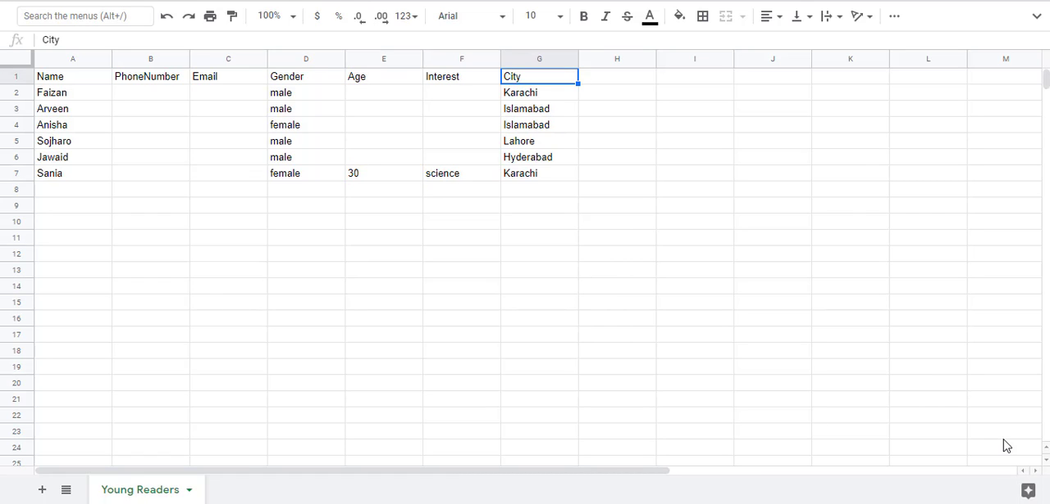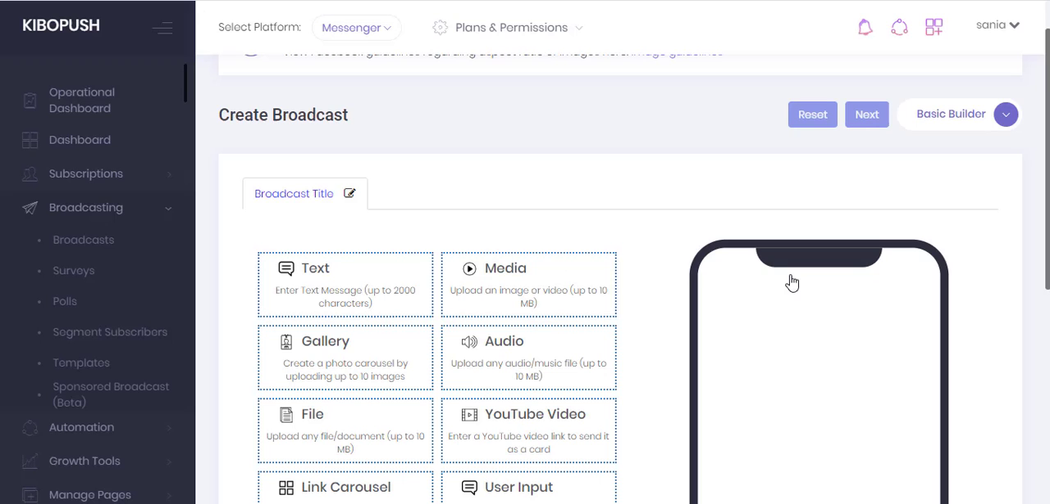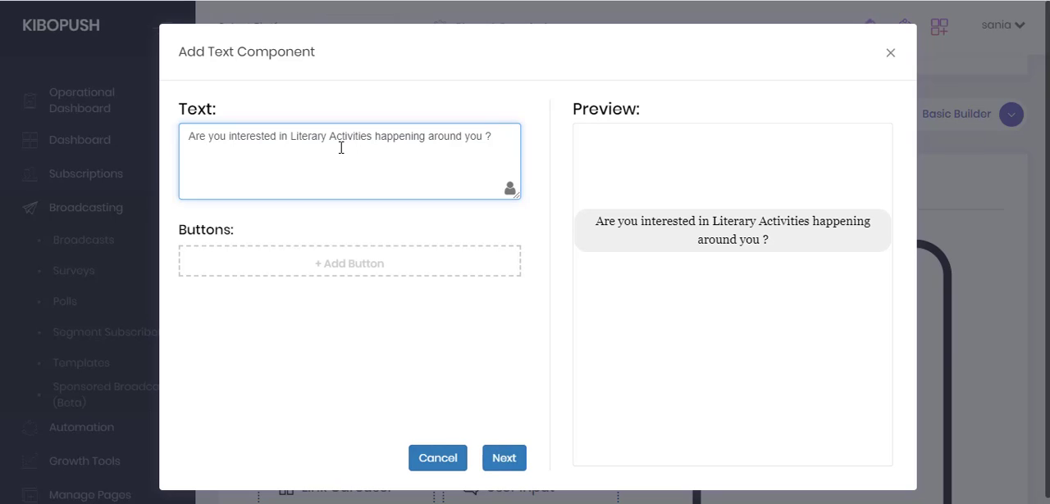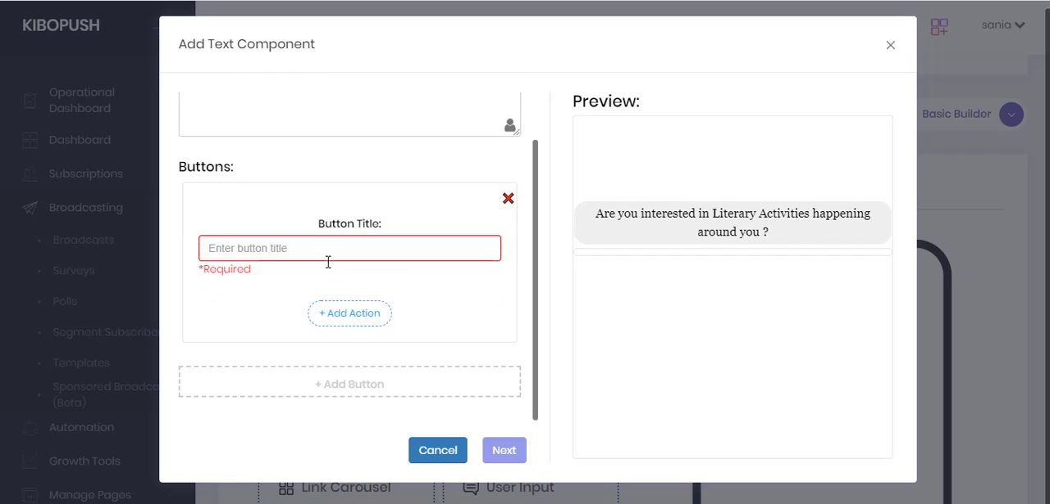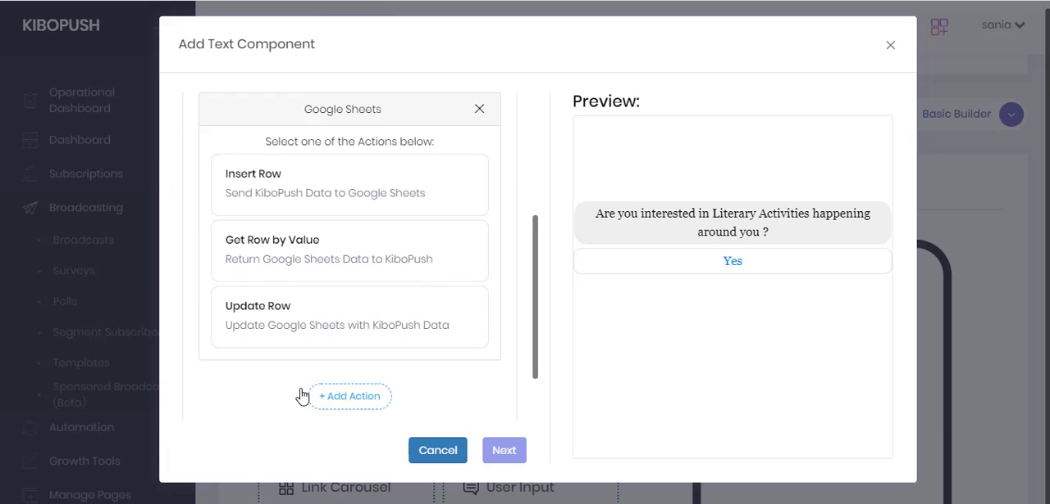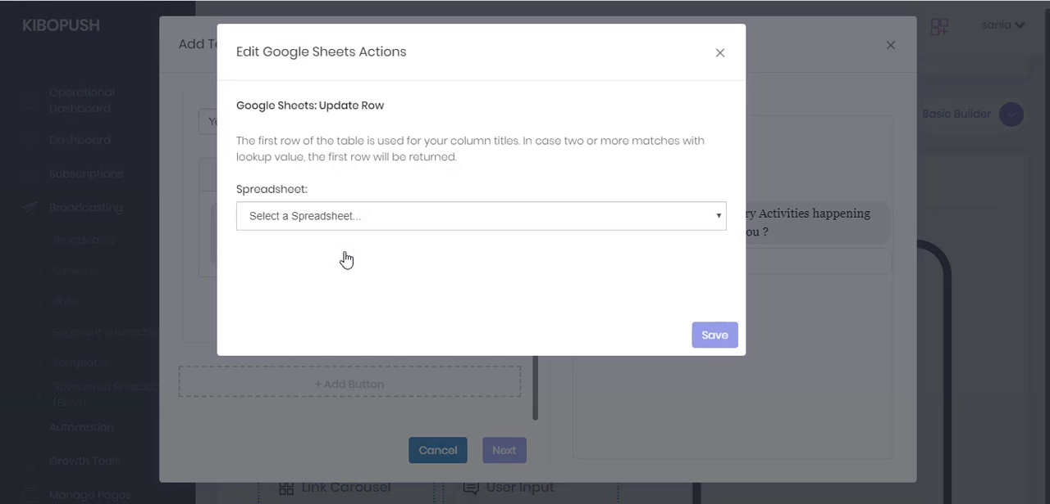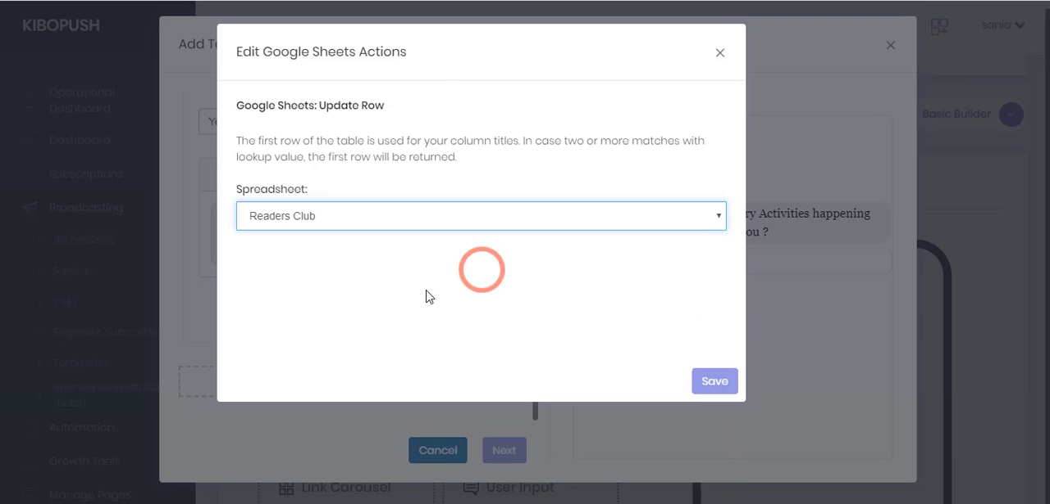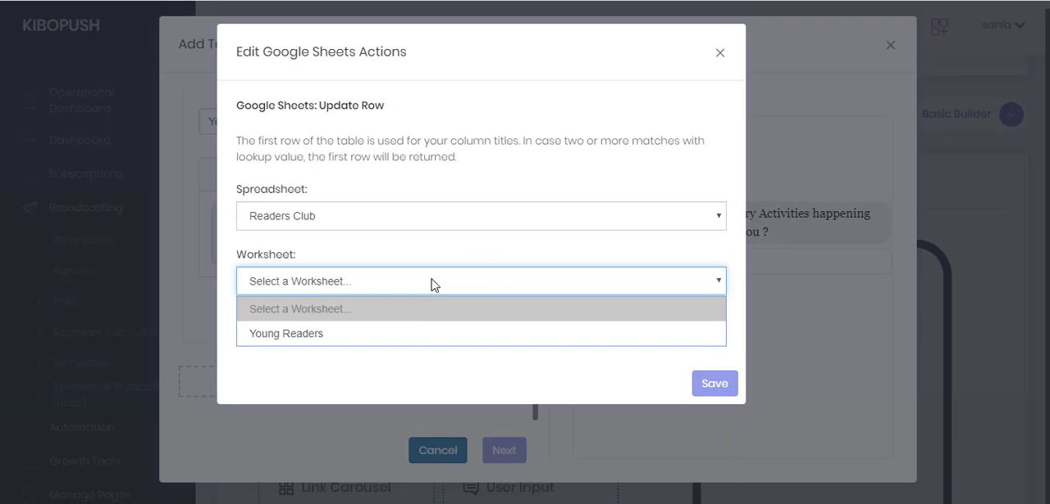Similarly, we can also import data from Google Sheets and save it in the custom fields. Let me show you how this can be done. We are going to save cities information for each subscriber in our custom field. I'm going to create a message. I'll add a text component that says, are you interested in literary activities happening around you? I'm going to add a button which says yes. Click on Add Action, click on Google Sheets, select Get Row by Value. Select your spreadsheet, select your worksheet,